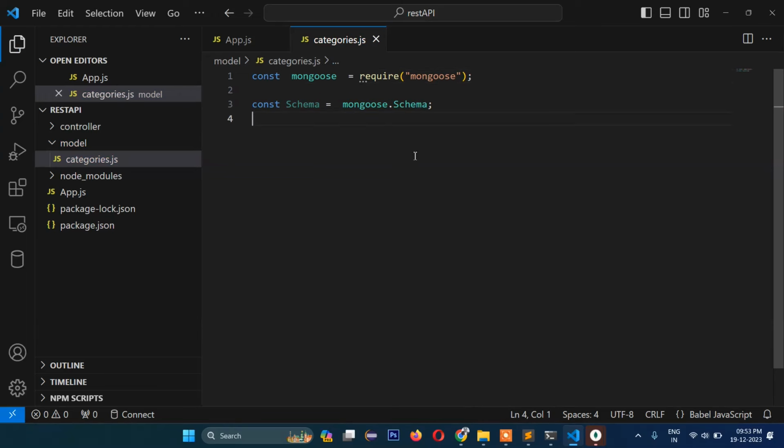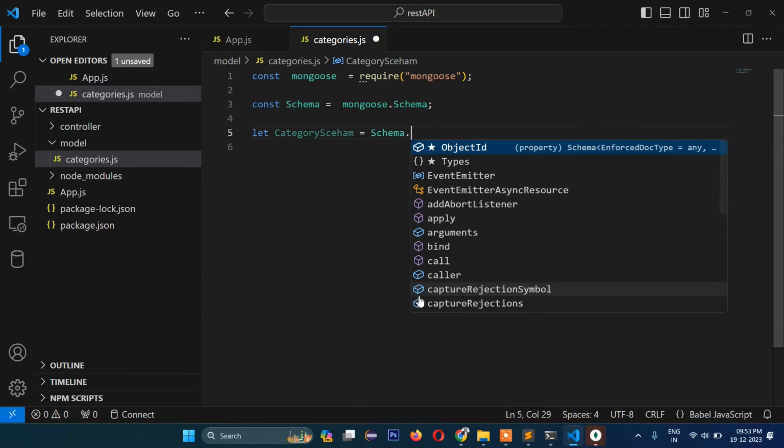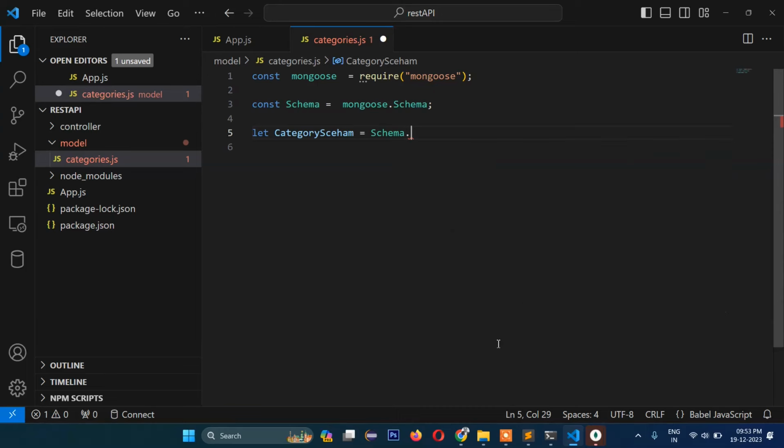Okay, first we need to import mongoose and then schema, and then now we will create the schema here. Let category schema equals to schema dot, not dot actually,